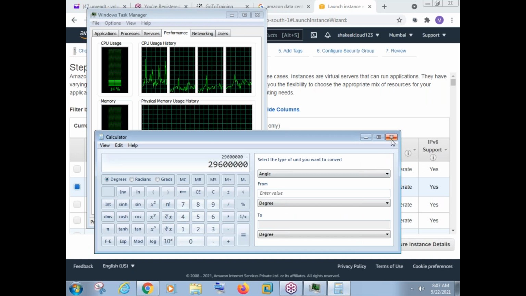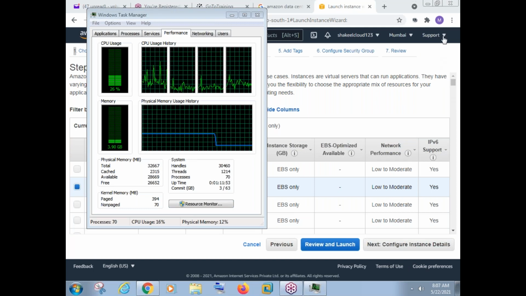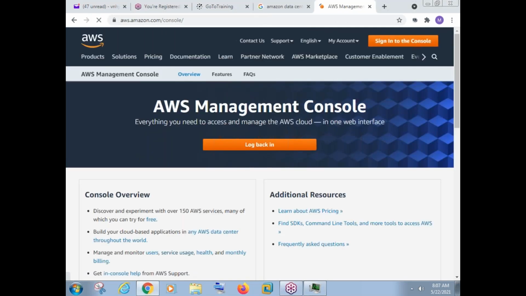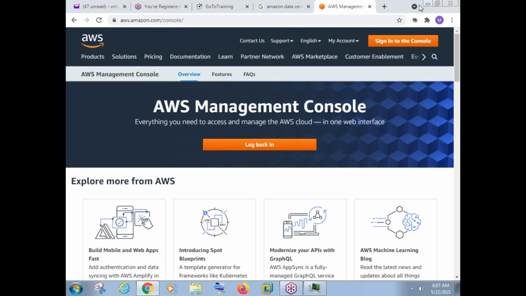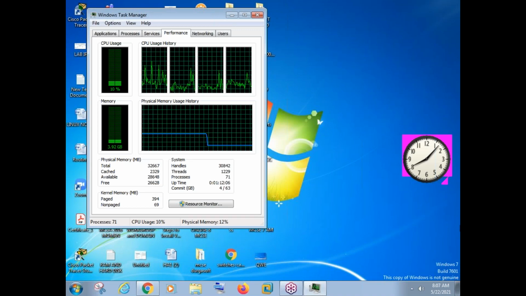So whatever applications I'm closing here, it will go down. First of all, I need to log off from my account. So the RAM utilization came down to like 3.8 GB.